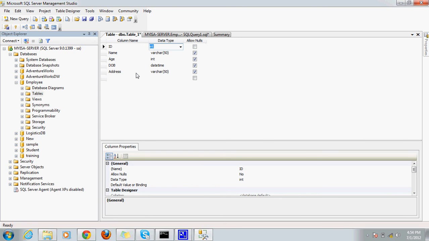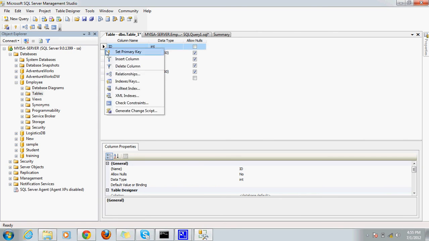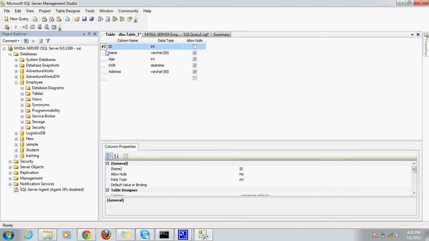I specified in the beginning that I want an employee ID which should be automatically generated. So it should be the primary key, as this attribute ID recognizes the whole row of the table.